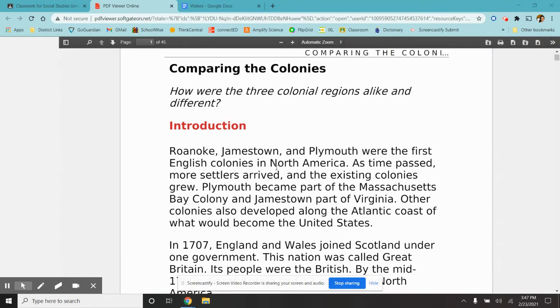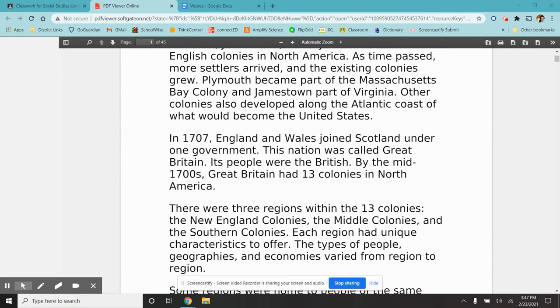All right, Roanoke, Jamestown, and Plymouth were the first English colonies in North America. As time passed, more settlers arrived and the existing colonies grew. Plymouth became part of Massachusetts Bay Colony, Jamestown part of Virginia. Other colonies also developed along the Atlantic coast of what would become the United States. And remember, this is in the 1600s, so about 20, no, that's wrong. I can't count. Like 80 years before the next colonies are also